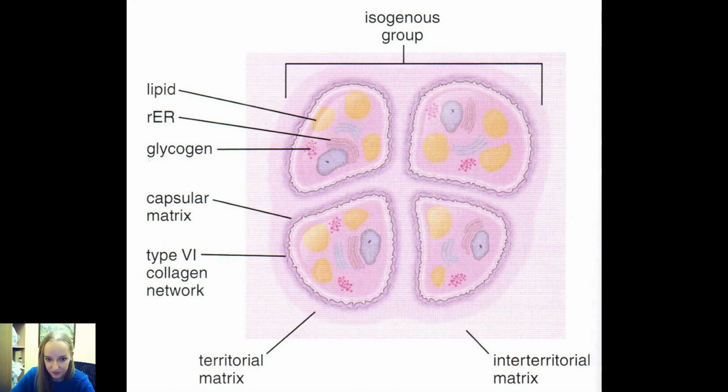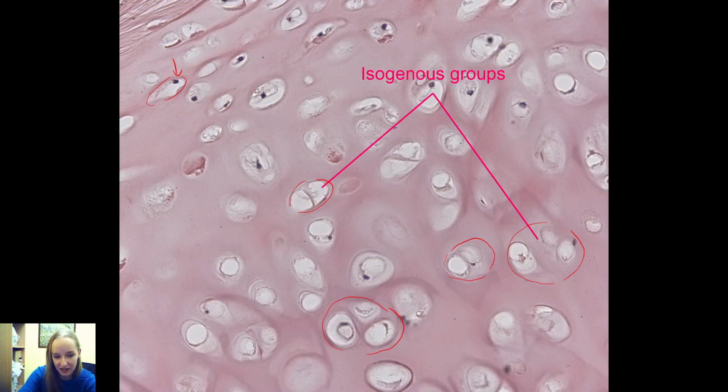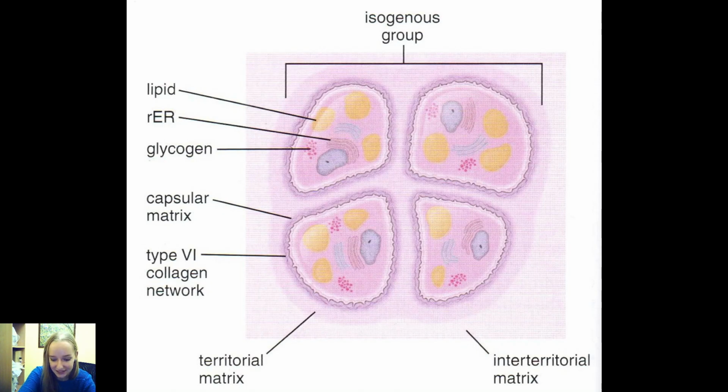So this is a picture from one isogenous group, yeah, and the intercellular mass is basically eosinophilic due to collagen. We can see it here. It's pink because of the collagen that is there, but it's divided into several areas here, and